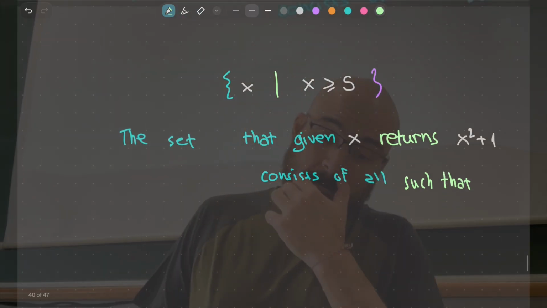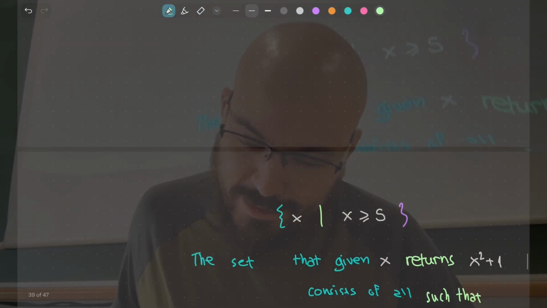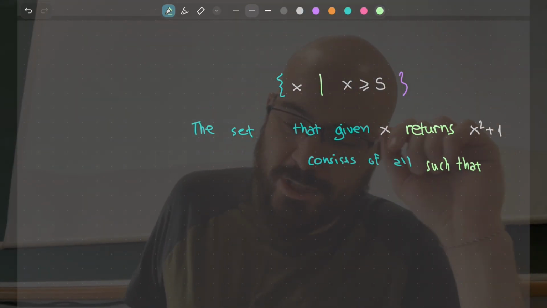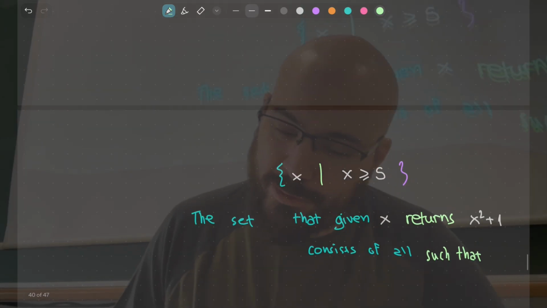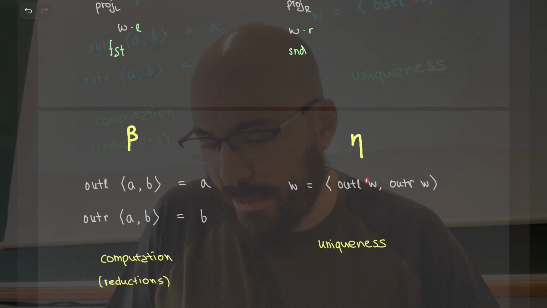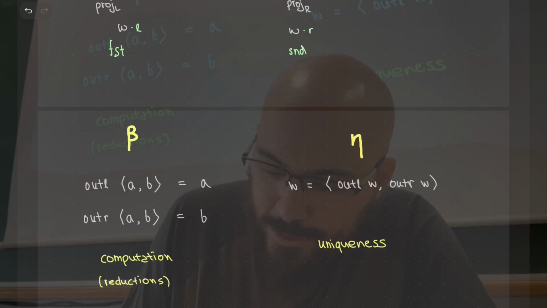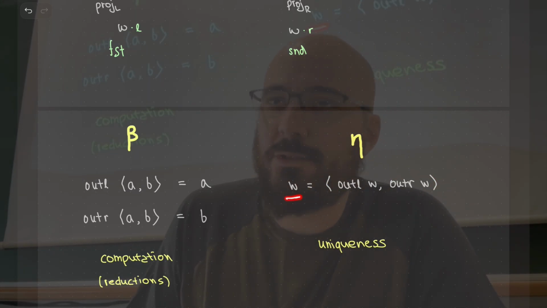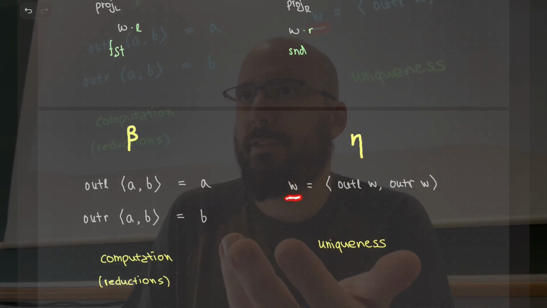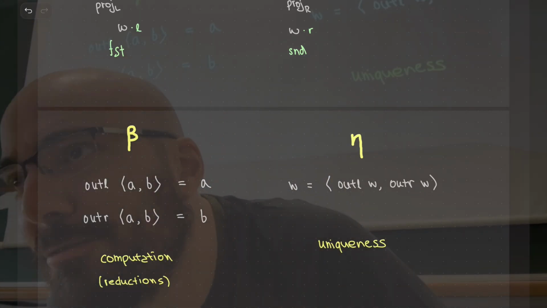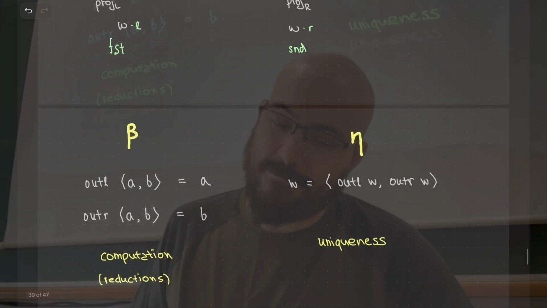So what would be the Eta thing for sets? Can anybody see this? I'm looking for the similar idea. What happened here? It's like you have a pair, you take out the left, you do what you can do with it, and then you put it back together in a pair, and essentially you want to say that you ended up with the same thing you started with. Is it Stelios? Sorry. The two sets are the same set if and only if they have the same